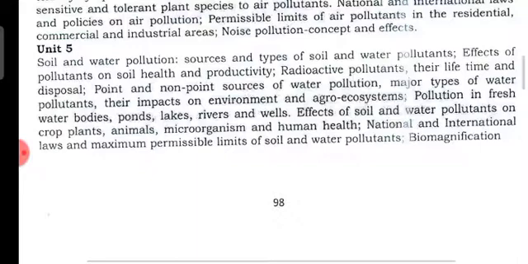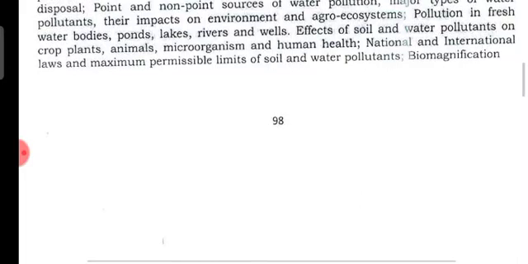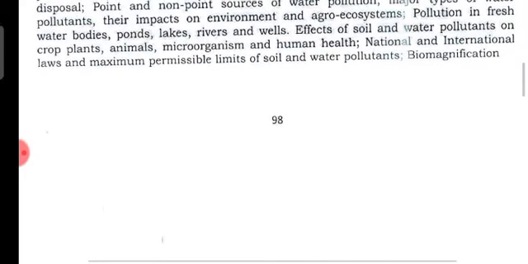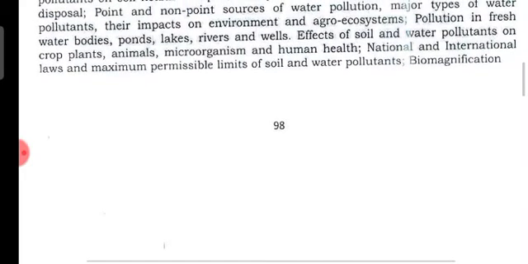lifetime. Pollutants, disposal, point and non-point sources of water, major types of water pollutants and their impact on environment and agro ecosystem, pollution in freshwater bodies, ponds, lakes, rivers, wells, effect of soil and water pollutants on crops, plants, animals, microorganisms and human health. International law, maximum permissible limits of soil and water pollutants and biomagnification